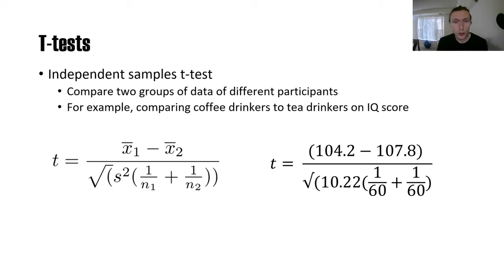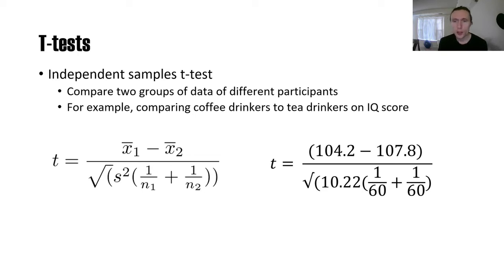And that is, of course, very similar to what we had before, except that we have it now twice for each group. So when we look at an example, and I again just took some numbers, let's say that the average IQ of coffee drinkers is 104.2 and the average IQ of tea drinkers is 107.8. And then we divide this by the pooled standard deviation, or the square root of the pooled standard deviation squared. And here I just made up a number, which is 10.22,